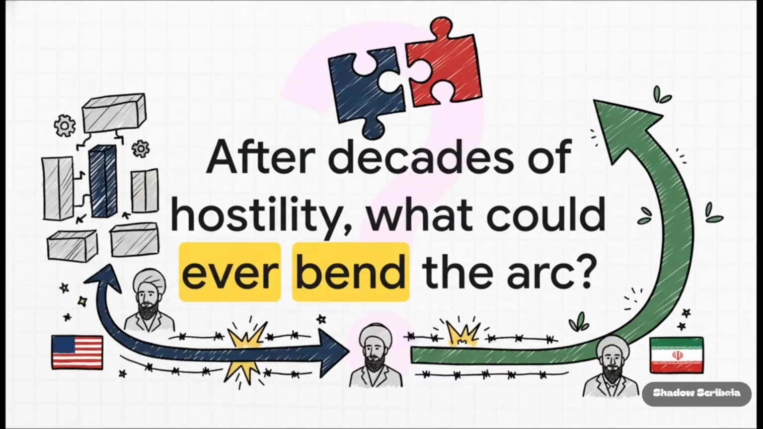And that just leaves us with this one final, really big question. This rivalry has outlasted American presidents and Iranian supreme leaders for over 40 years. The structures of this conflict are so deeply entrenched. So the question isn't just what happens next, but what, if anything,